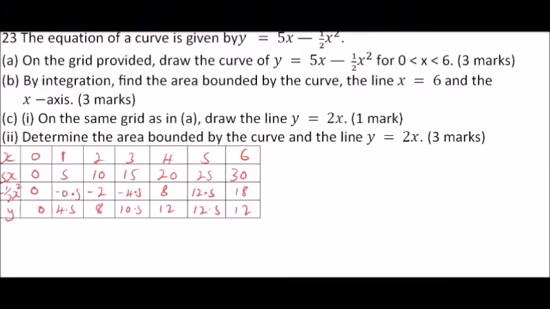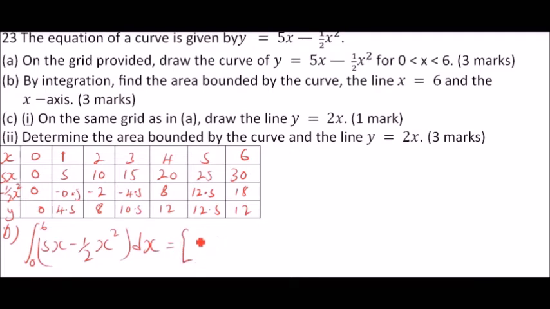So part B, you are told by integration, find the area bounded by the curve and the line x equals 6 and the x-axis. So to integrate, this is part B of the question. We integrate, and our limits are from 0 to 6. We integrate 5x minus a half x squared with respect to dx, which will give you now